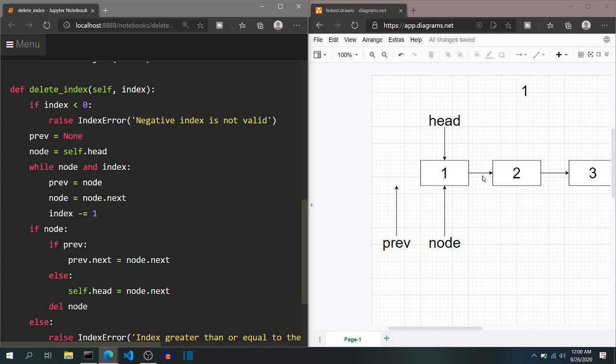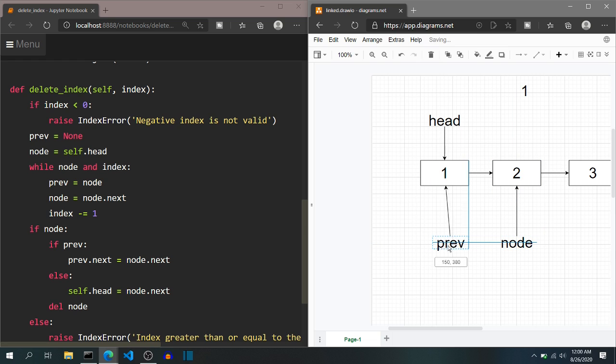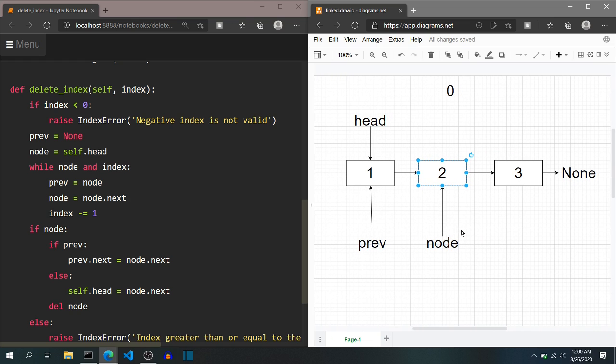So both these conditions are true, so it will enter the while loop, and it will do previous equal to node, like this, and node is node.next, like this. And after the iteration, it will look like this, and the index will become decremented by 1, and so index will become 0.